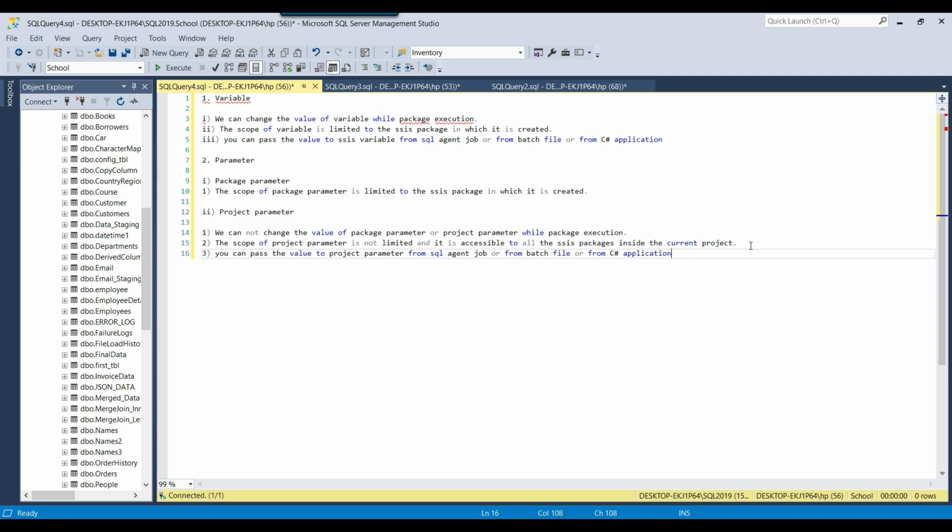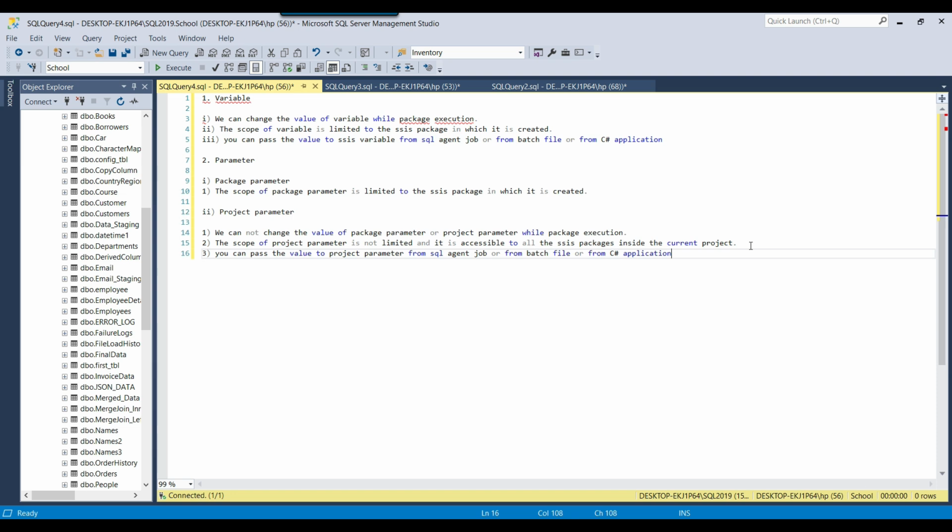So this was a few things about the variables, the parameters, and the project parameters. Normally, if you need to pass some value from one task to another task, or get some value from a SQL Server table, then you can use a variable, since the value of a variable can be changed. However, the project parameter should only be used if you want to pass some value after deploying the packages to the SSIS catalog.